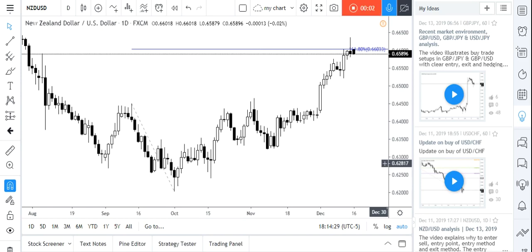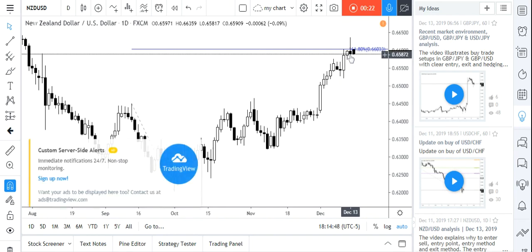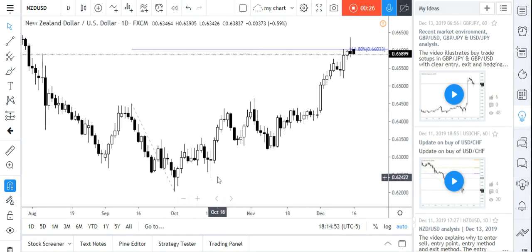Hi fellow traders, I'm making this video to show you a new trade setup as well as to update you on Kiwi dollar. So here we are on the same chart which I had shown you in the last analysis of NZD USD. So you can clearly see that the market didn't close above the 161.8% extension of this. This video is not going to be understood by you unless you watch the last video of